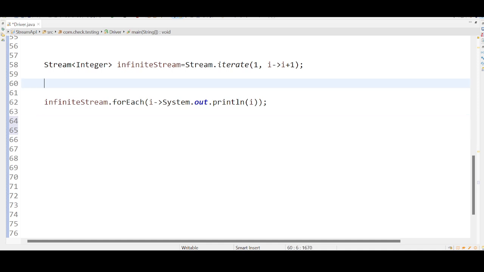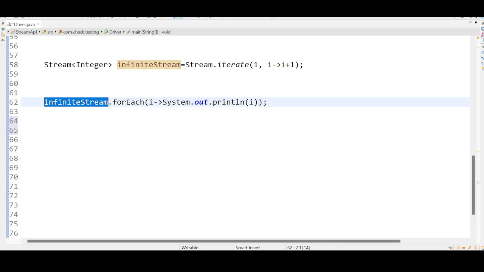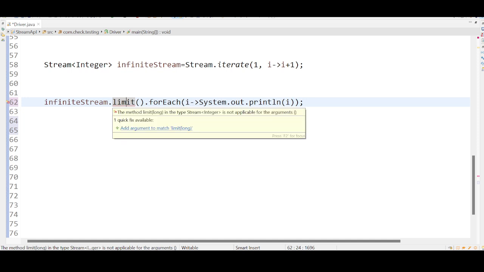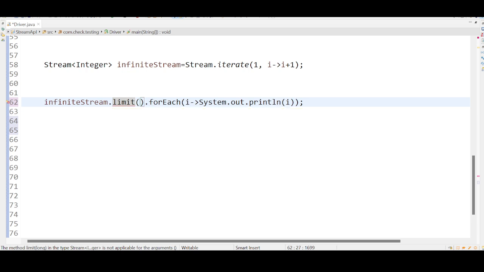Now you see, I am operating an infinite stream dot limit. There is a method called limit. This limit method is going to accept a value called the long value, right? For example, if you are passing something like 5,